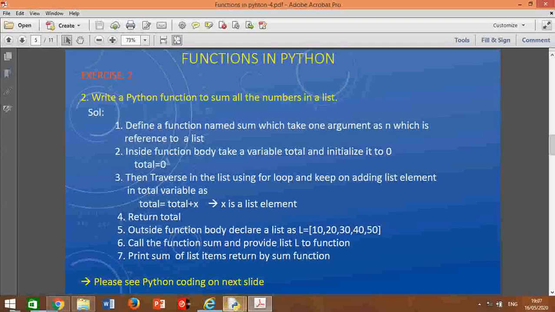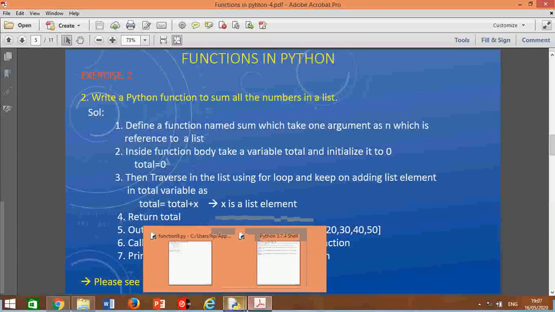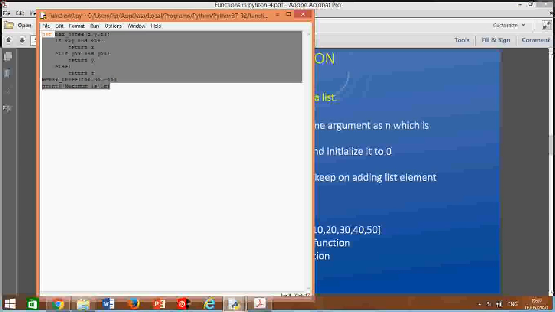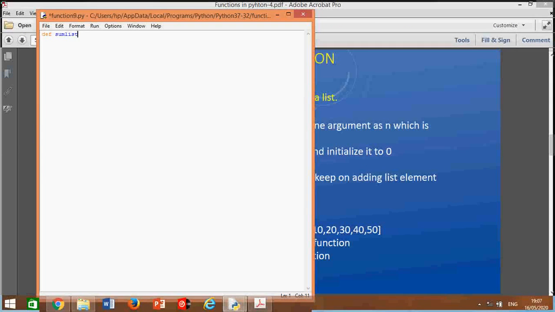Before going to the next slide, which is the solution coding of this question, we'll do it on the editor. Let us write here def sum, let us say the function name is sum list, taking one argument n. Let us say a total variable t equal to 0, then for x in n. x is a for loop variable which traverses the list, so x will refer to the individual element of the list.